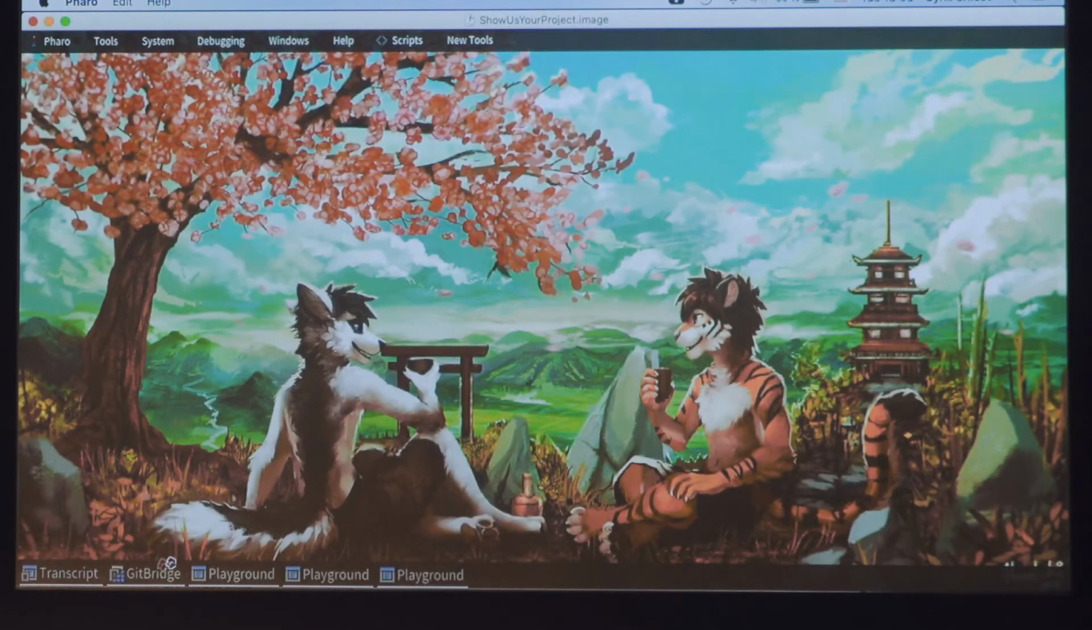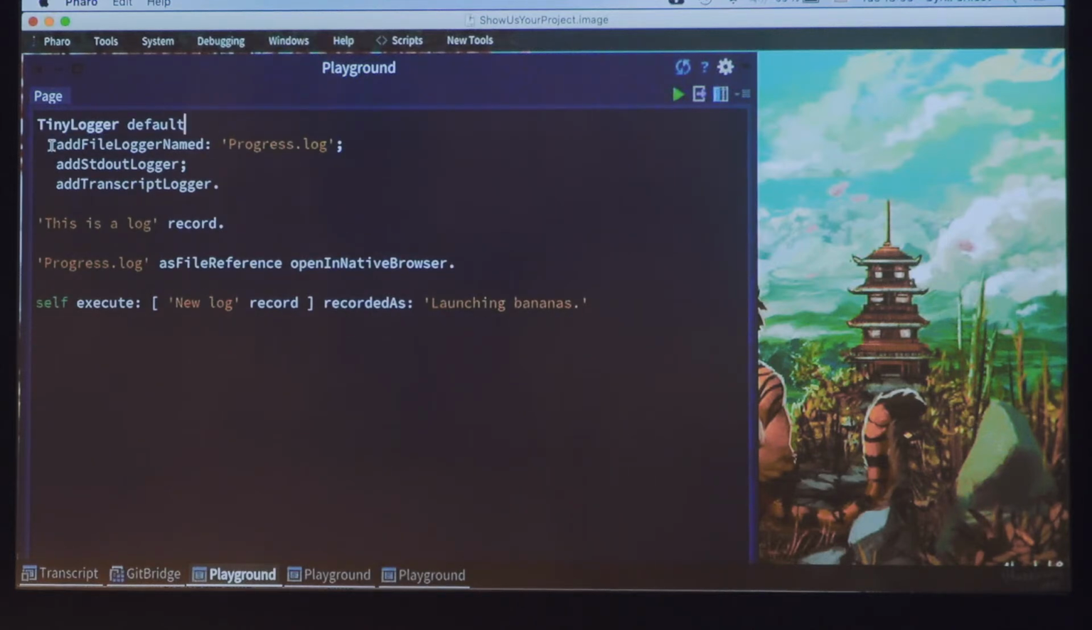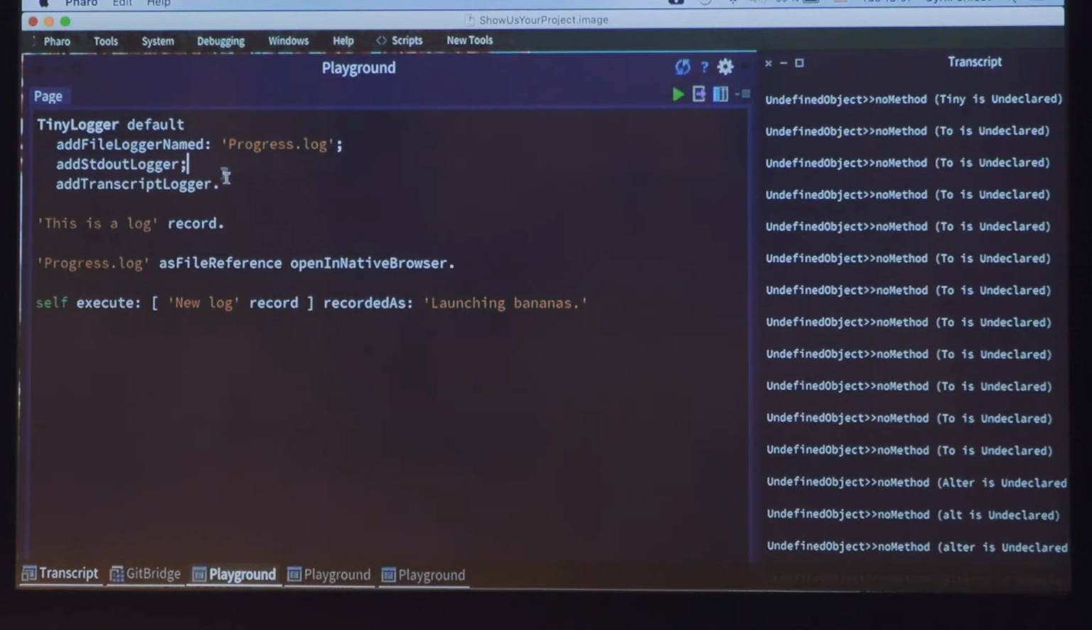So with Tiny Logger, what you can do is add your own loggers to the default ones. So for example, I can say that I want to log on a file named progress.log. I want also to log on the stdout, and I want to log in a transcript. And once